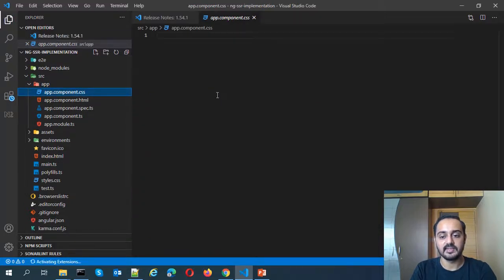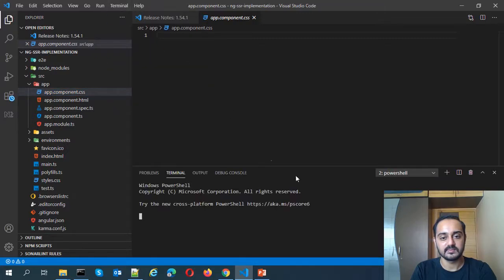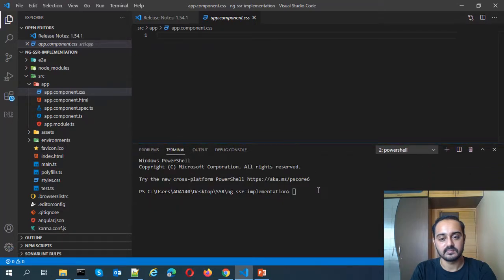Now let's open the terminal and run and build this project. Okay, so for that the command is ng serve. So it will take some time to build and run the project.